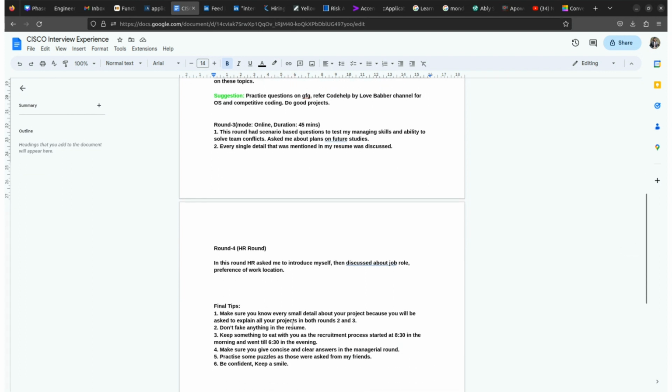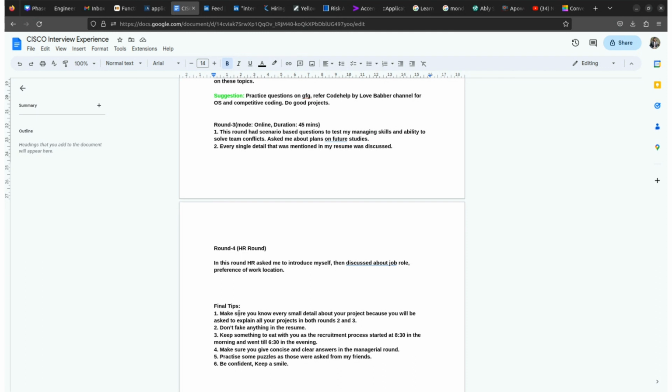The final tip from this whole interview experience is that you need to make sure you know every small detail about your projects, because you will be asked to explain all your projects in both round 2 and round 3, in the technical round and in the managerial round. Also, don't fake anything in the resume, because they'll ask about you from your resume only. You need to explain all your projects, achievements, and skills in the technical and managerial rounds. And if you fake that, then it's a